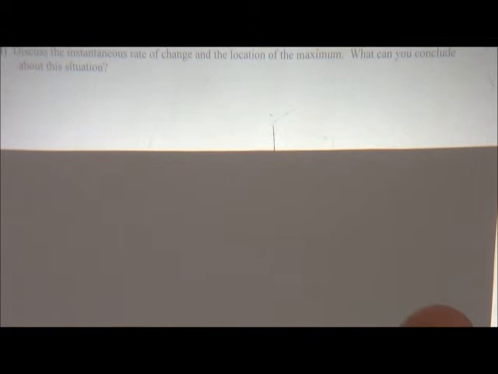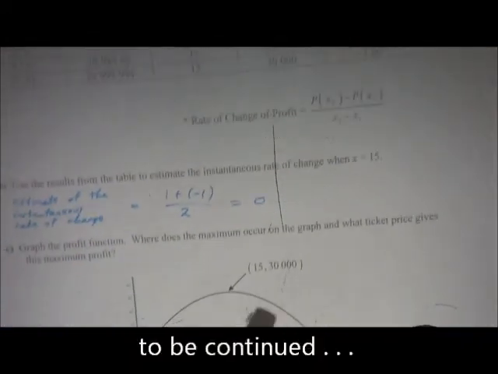Shannon, do you have something else to add? Just the y value of 15 is the highest point on the graph, it's 30,000, and every other point will be below, if you plug it in. Yes, so at x equals 15, the y value there is 30,000, that's the highest value, and any other value of x substituted into the formula will give you a lower value, which indicates that 30,000 is the maximum. And so John, what you said about the slope being 0, we have to remember that